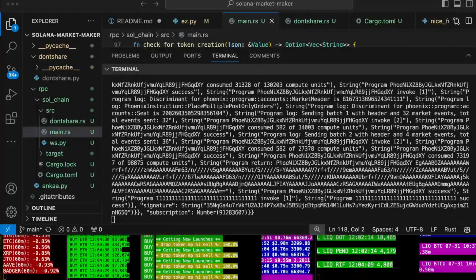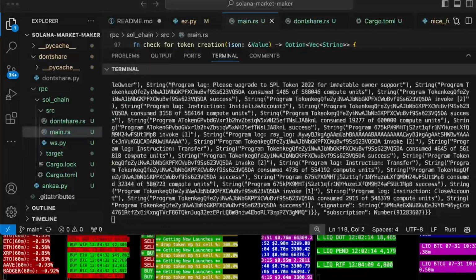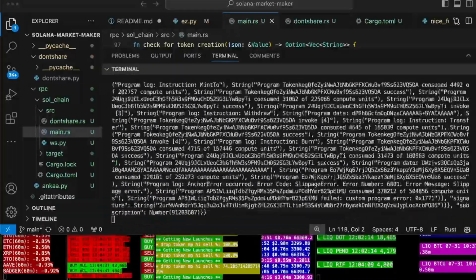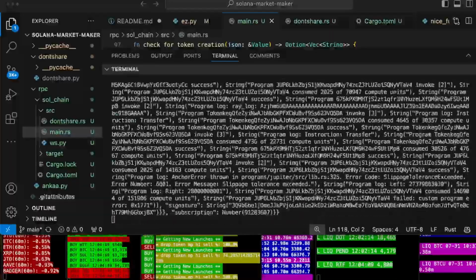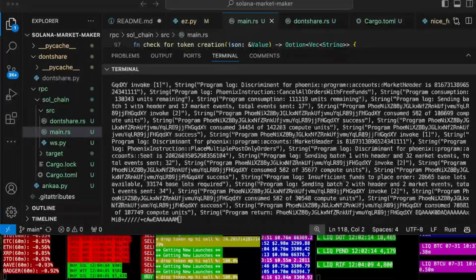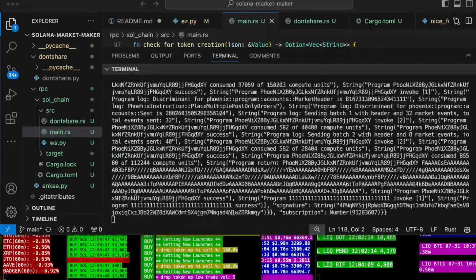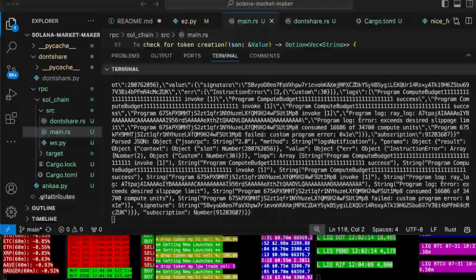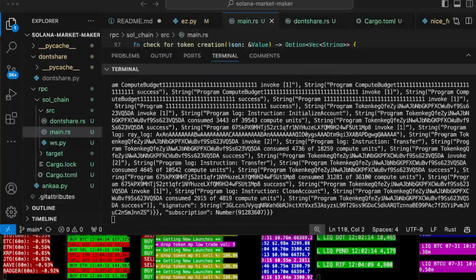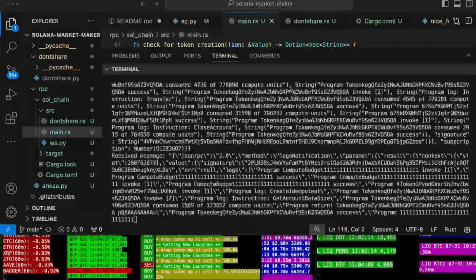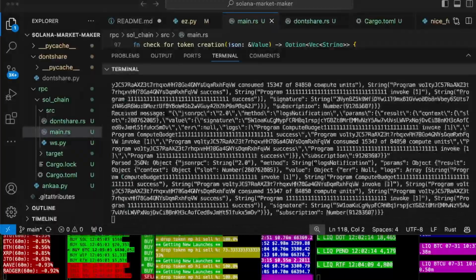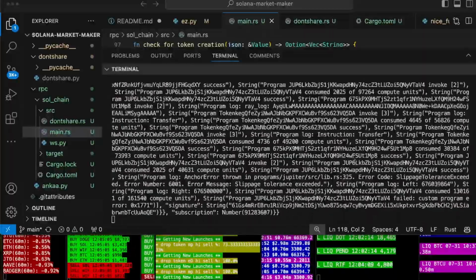So I have the Solana blockchain streaming in using Rust here, and my objective is to find all of the new launched tokens as quickly as possible. I'm a Python guy myself, but Python is not fast enough to handle all of this data. There are so many transactions per second on Solana that Rust is the one that's for me, at least. I mean, you can probably use other languages. I don't know. At the end of the day, I'm trying to see all of the new token launches because